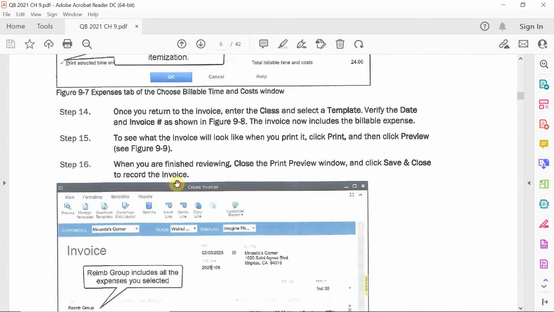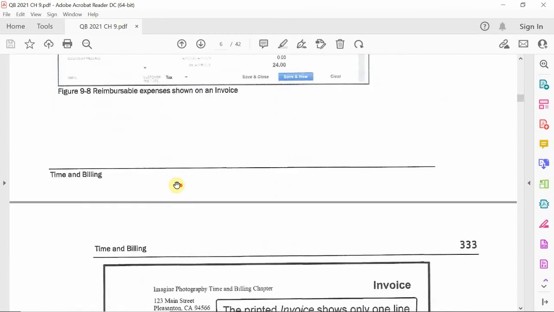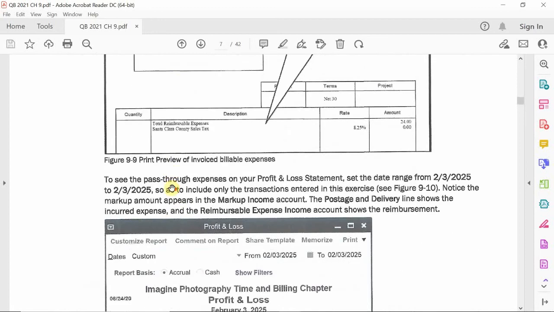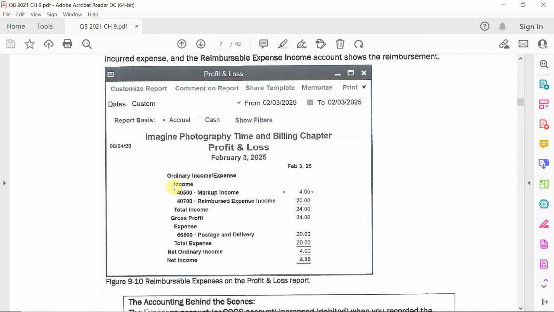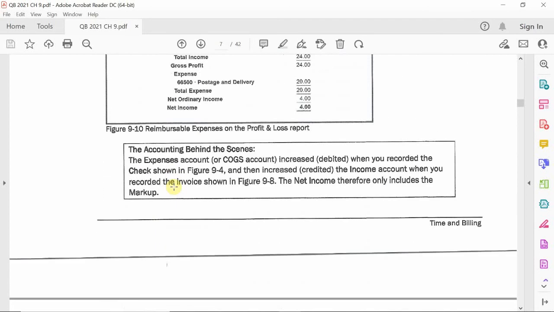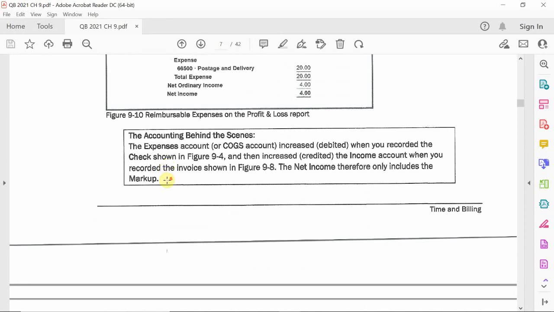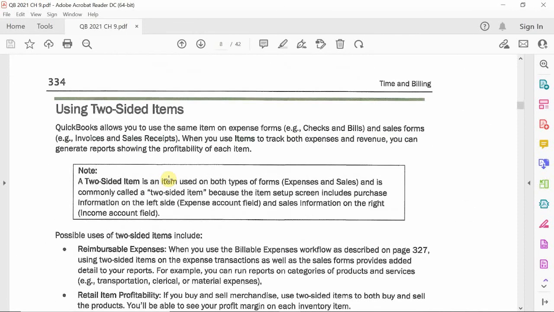So that's just one way that we're able to use the job costing, right? In this case, right, we saw 4 categories, right? We saw time, expense, mileage, and items. Guess what this entire chapter we're going to be doing? We're going to go through all 4 tabs. So let's take a look at what